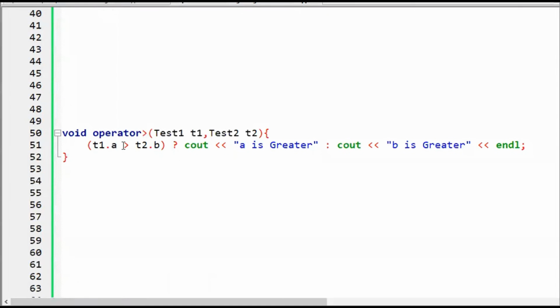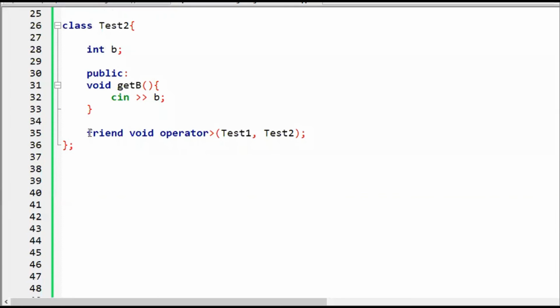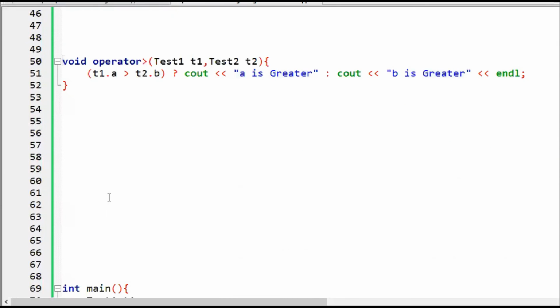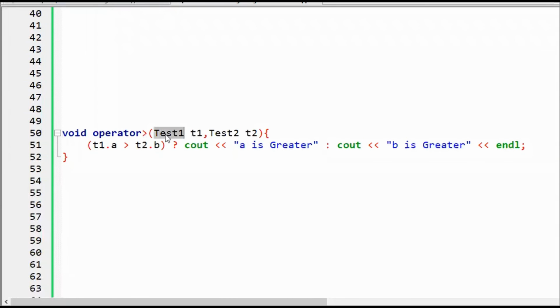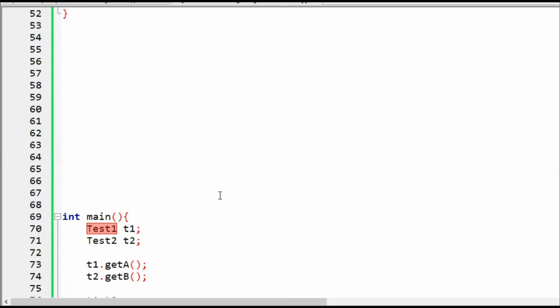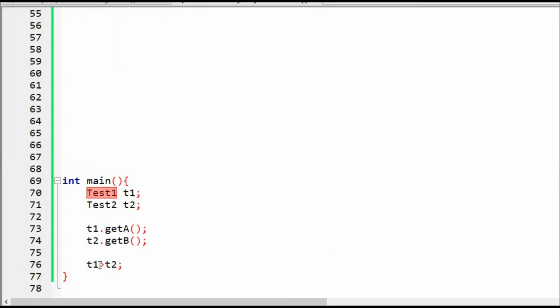So this is the definition. Make sure not to add friend over here. It is a general function. Here we cannot decide it is a friend for every class. It is a general function. During the class definition, we can say this function is a friend of mine, but the definition would be normal. So it will have two arguments, t1 and t2. Why? Because it is a binary operator, it will ask for two arguments anyhow.